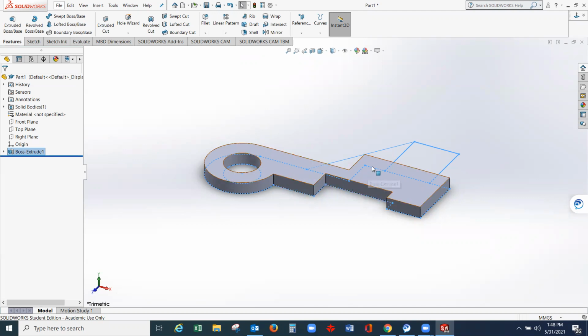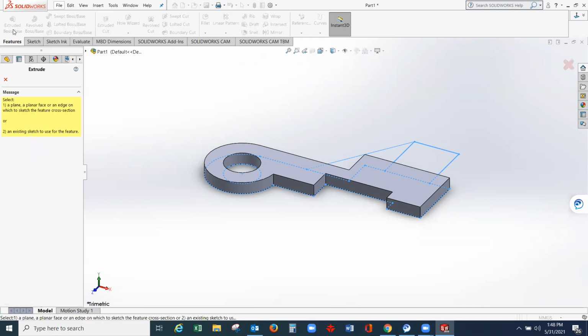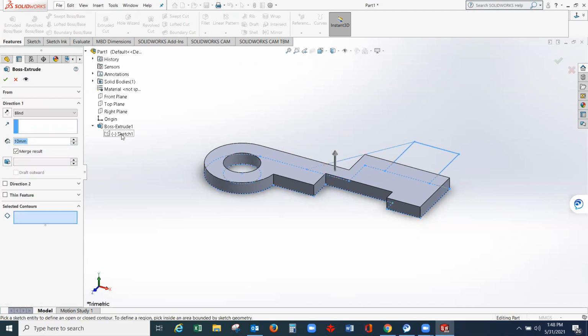So with the same drawing, we can extrude a different region with a different thickness. So again, extruded boss. Select the drawing. So from here, pull this down. So the sketch one. So select the sketch one. So from your sketch, again, selected contours.